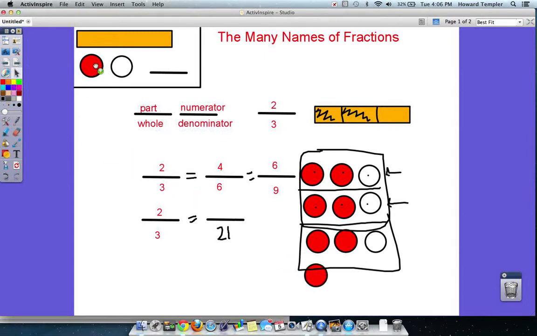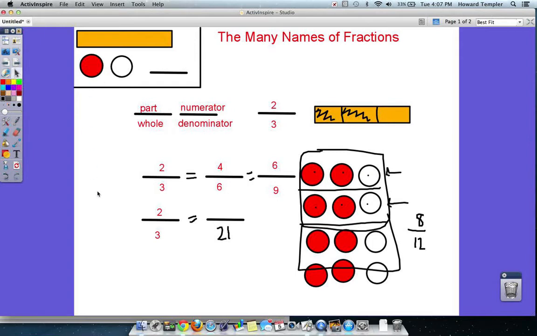Alright, so I'm going to add another 3 parts, and 2 will be red. And you can continually write this down off to the side to help you keep track. So now we had a group of 9, now we have a group of 12. And now 2, 4, 6, 8 of the 12 are shaded. So you can keep adding that, and next we would have a group of 15, then 18, then 21. So you can work your way up, or you can think to yourself,